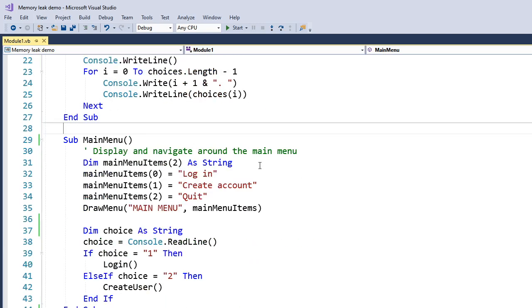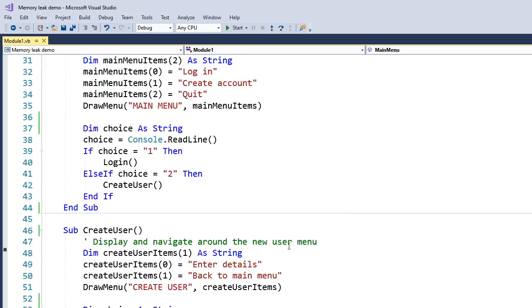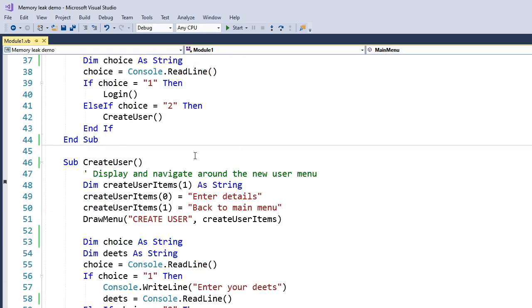You've got your sub main menu, and if you choose option 2, say, it calls the create user function, and then we jump down to create user, and we can see it's doing the same thing. We're displaying a new menu, and if you choose 2 on the menu, it calls main menu. Now that probably seems like it would work just fine, but let's have a look at the consequences of doing that. I already showed you that I can do 2 to go backwards and forwards between the 2 menus,